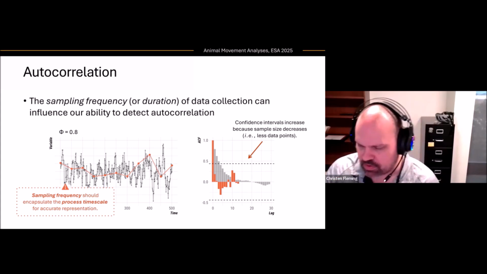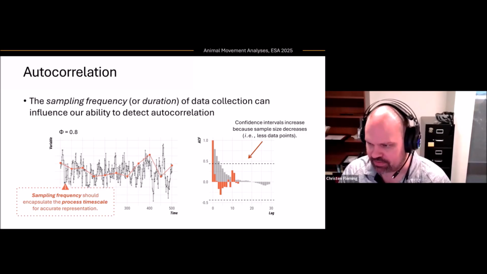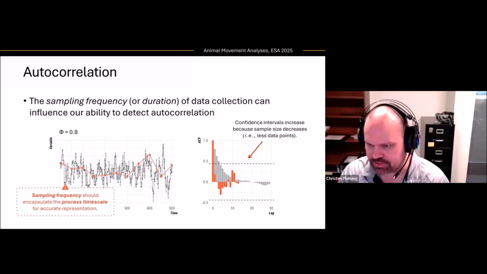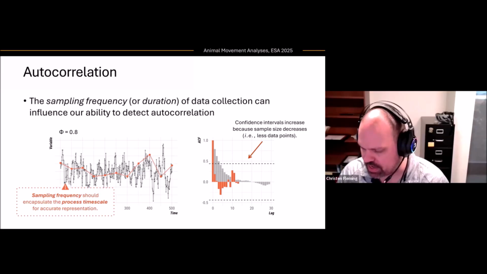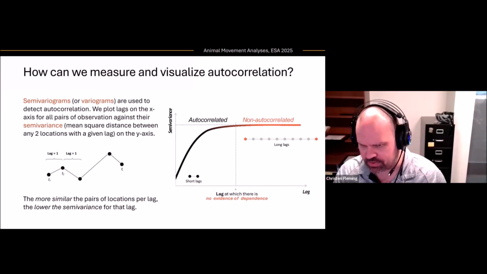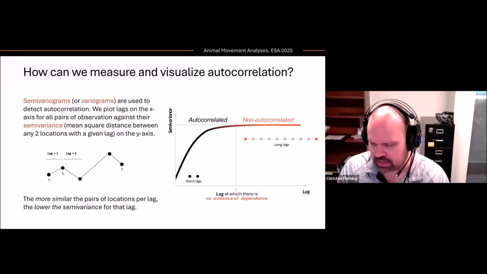But we're actually looking at the movement process, and we know it's autocorrelated. A significance test for that is still useful if we've resolved it, but 99% of the time you don't have to track animals with that much resolution for them to have autocorrelation. So we want to visualize the autocorrelation, and we want to estimate the autocorrelation in an unbiased